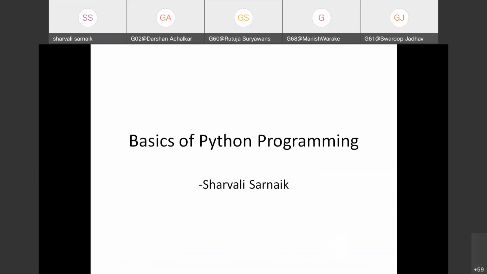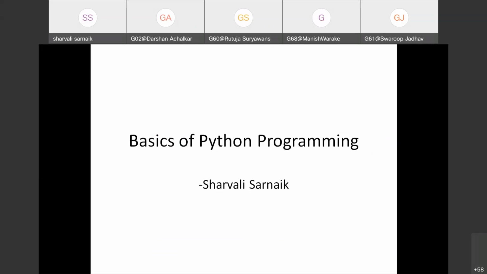In today's session, we are going to see some basics of Python programming, how to do coding. For this, we are going to use Jupyter Notebook. You can install Anaconda, and in that you can use Jupyter Notebook. Even PyCharm is one of the software which helps you do Python programming. So without wasting time, let's start with the hands-on on Jupyter Notebook.